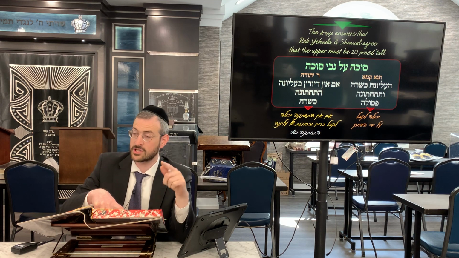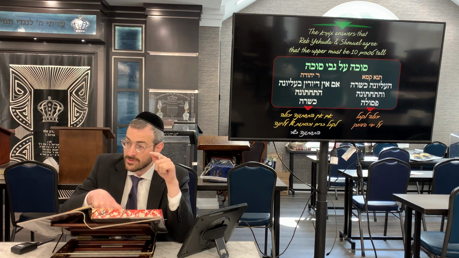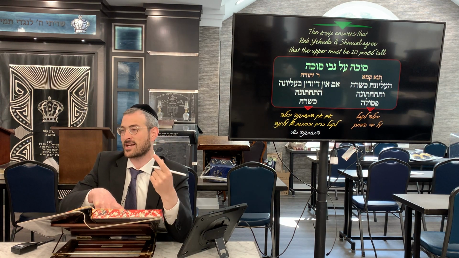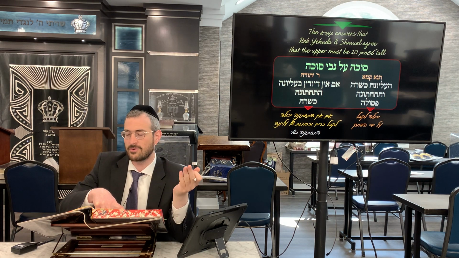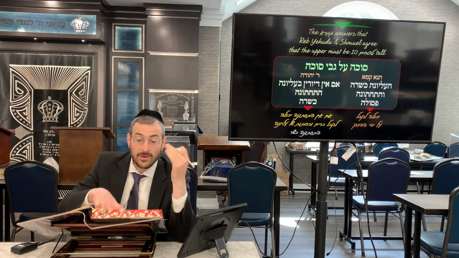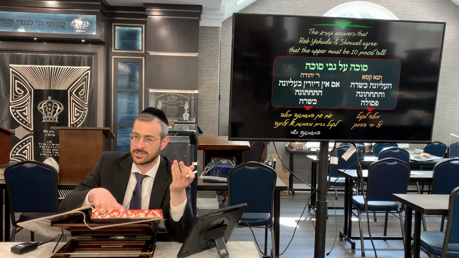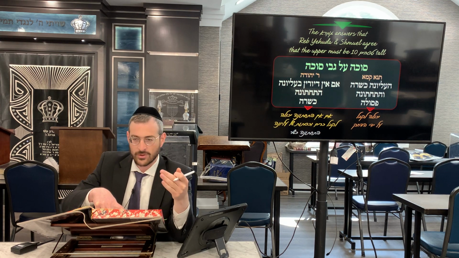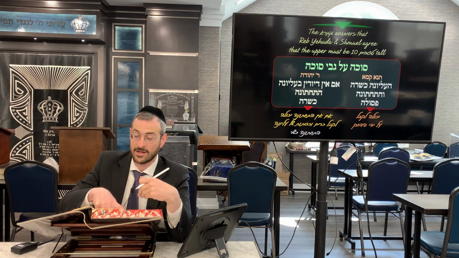But everyone holds like Shmuel, which is the way only if how it would be validated as a sukkah. Only then will it invalidate the lower one as a sukkah. So if it's, let's say, less than 10 tefachim, everyone will agree to Shmuel that no, the lower one's not going to be possible. If you're right, no one could sleep in the upper one simply because it's uninhabitable, because you would fall right through the schach onto the bottom guy sleeping there, then of course it's not going to be kosher, because it's not usable, so it cannot invalidate the lower.